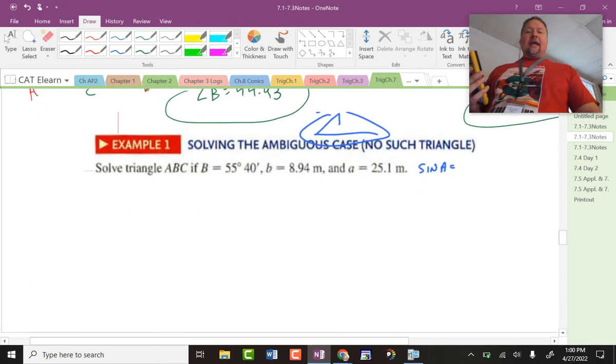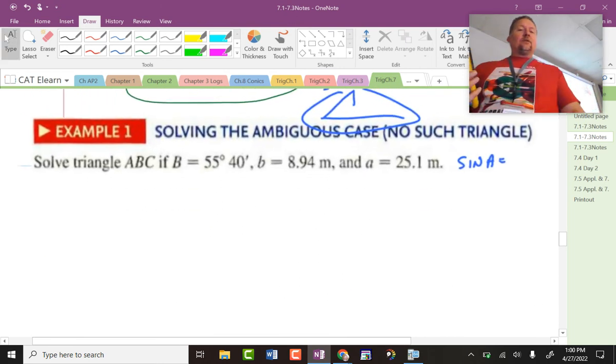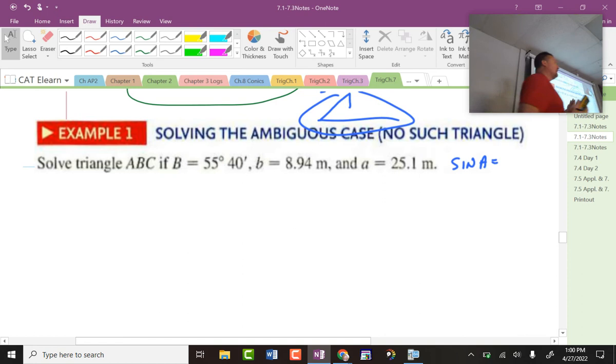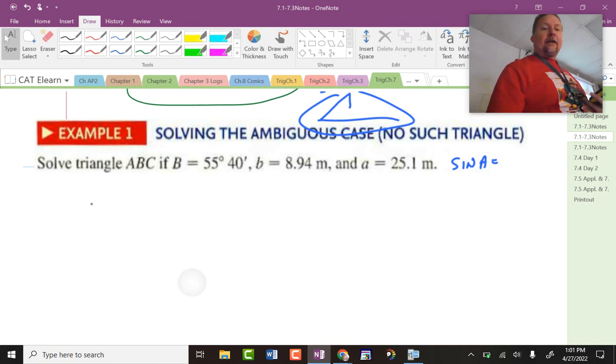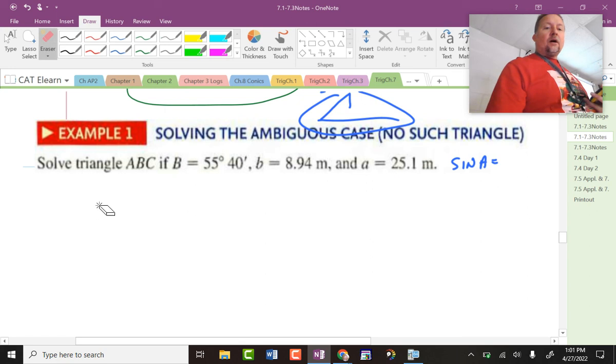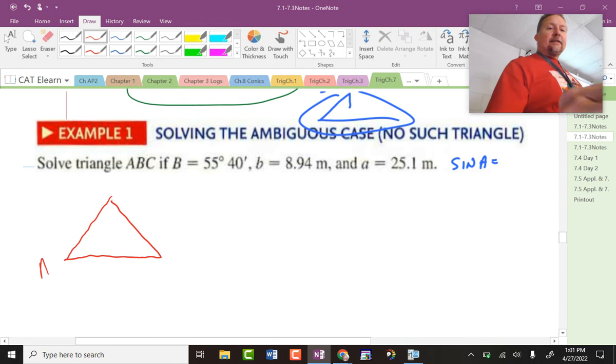Now, you do not have this example on your paper. So if you just want to watch, go ahead. I inserted the two triangle example in the place of this one. Okay, so just watch. Watch when you don't have a triangle. Again, if you follow what I do, you're going to put the lower left corner as the angle. So angle A, nope, sorry, that's angle B. Not bad. So we're going to put angle B here now,